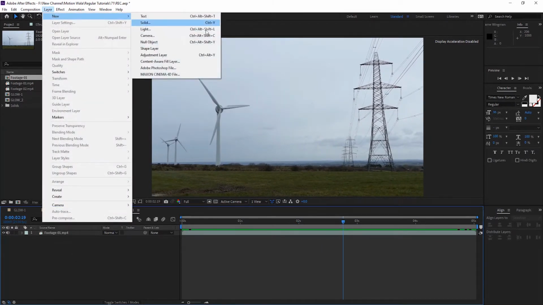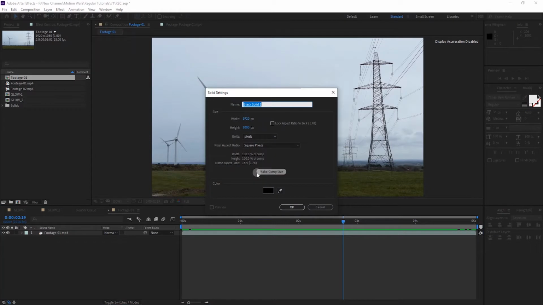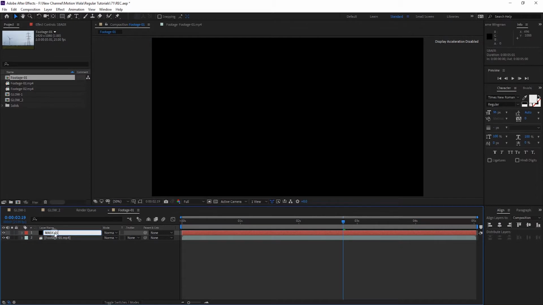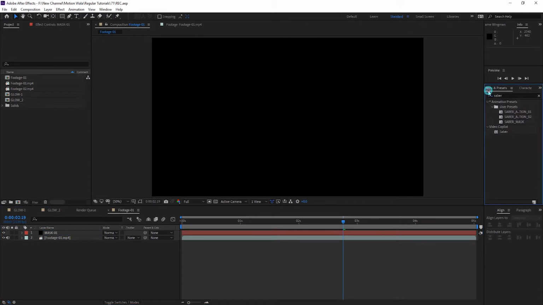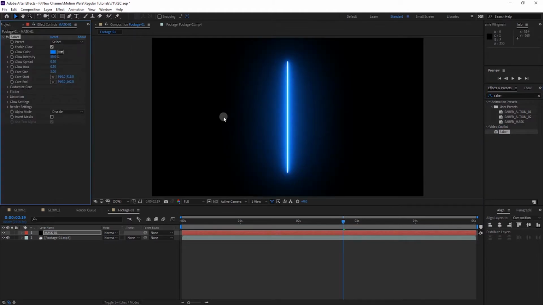Let's get started. First of all, create a new solid layer. Make it the comp size, and change the name to mask_01, and then add a Saber effect on it. Search for Saber and drag this effect on this layer, go to Customize Core and change the core type to layer mask.